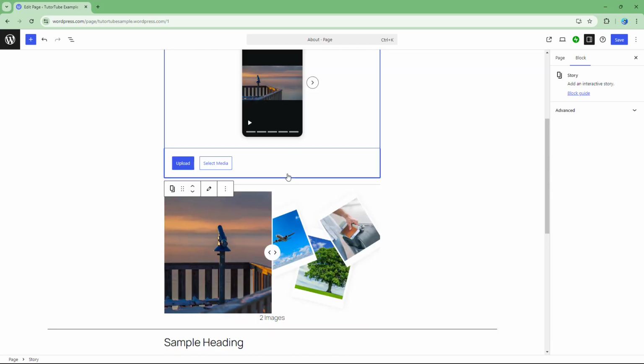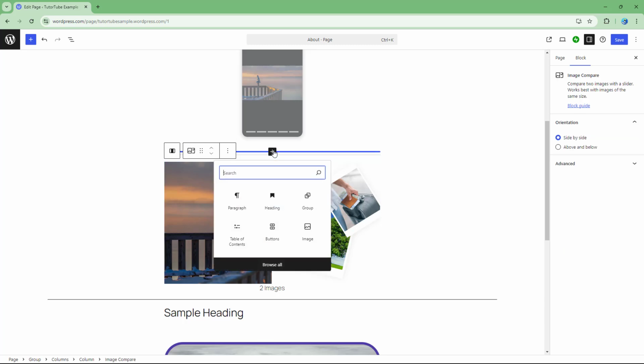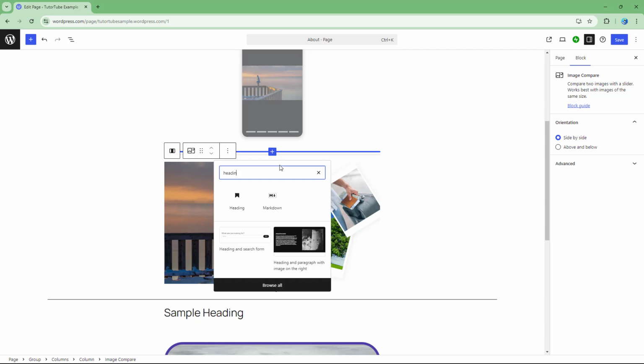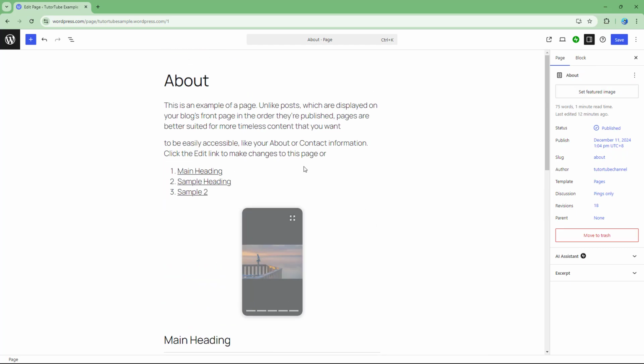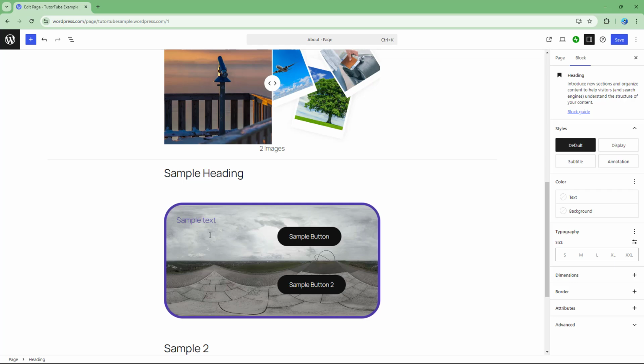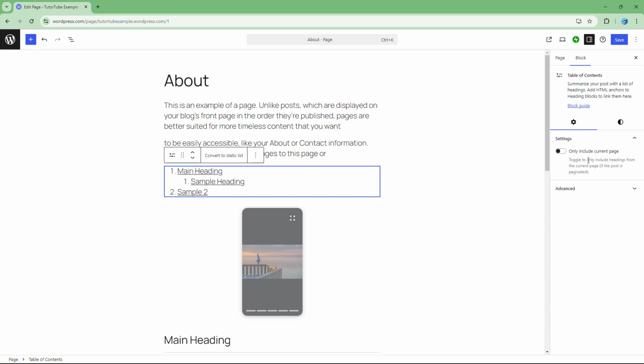Let's say, for example, around over here, I'm simply going to hover around and then type in heading right here again. And I'm going to say main heading, let's say, for example. Once I go ahead and do that, you can see that main heading has been added in right there as well. I can go ahead and change around the heading level and you can see that the indentation happens accordingly as well. And this is what you have, and you can only include this in the current page as well,